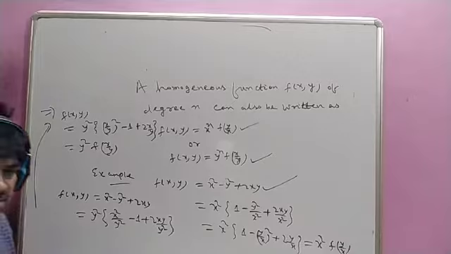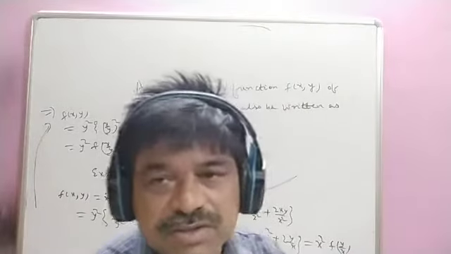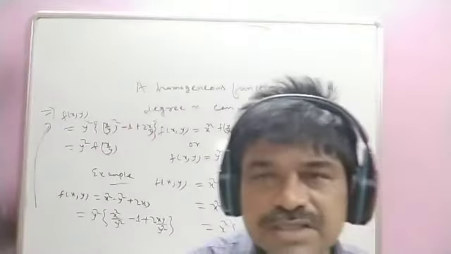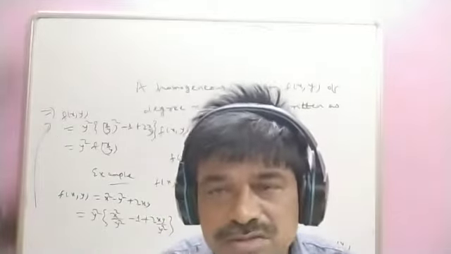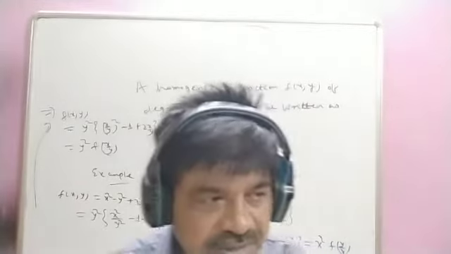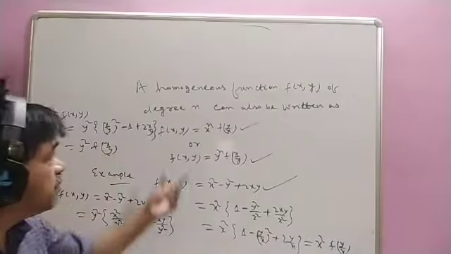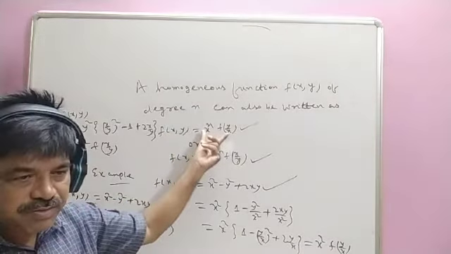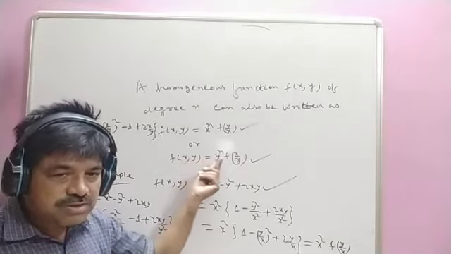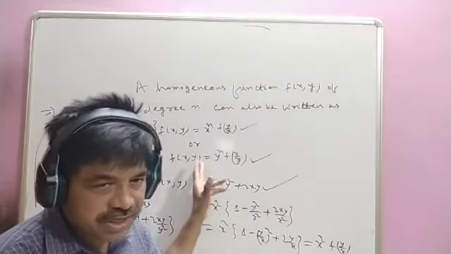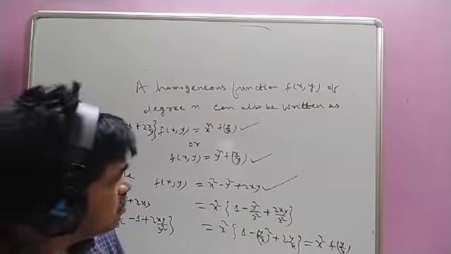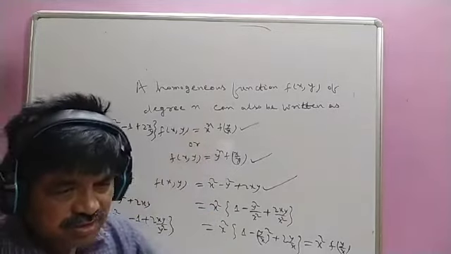Okay. So how can you know whether the given function is a homogeneous function? You can check it. First method: replace x as kx and y as ky. If it is converted to the form k to the power n into the given function f(x,y), then it is a homogeneous function of degree n. Or it may be converted to the form x to the power n into function of y by x, then it is a homogeneous function of degree n. Or it may be converted to the form f(x,y) equal to y to the power n into function of x by y. This is also a homogeneous function of degree n. Okay, so three ways you can identify. The first method is easy. But suppose the form is directly given like this, then you can straight say it is a homogeneous function.